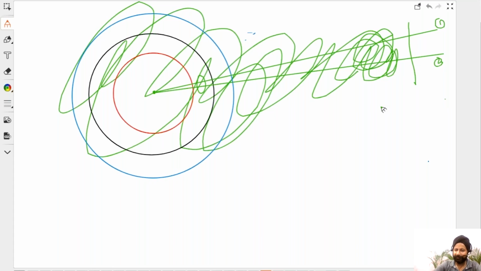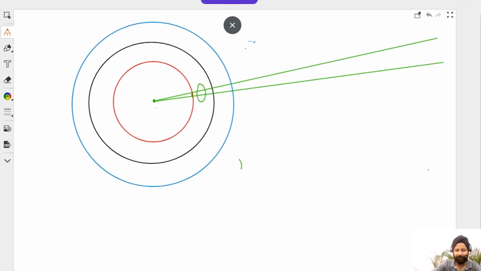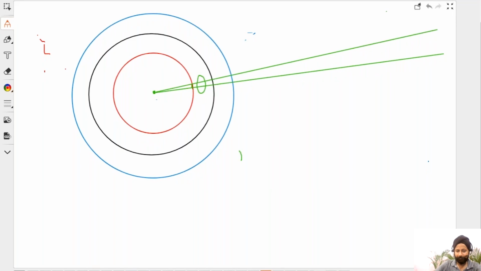Now if you look at it from this perspective, if you chop a piece here of 1 centimeter, it is very much curved. But then if you go far away and the circle is more like this, let's say the circle. Yeah, there's a problem with the whiteboard there. So now if you go far away, your circle is more like this.